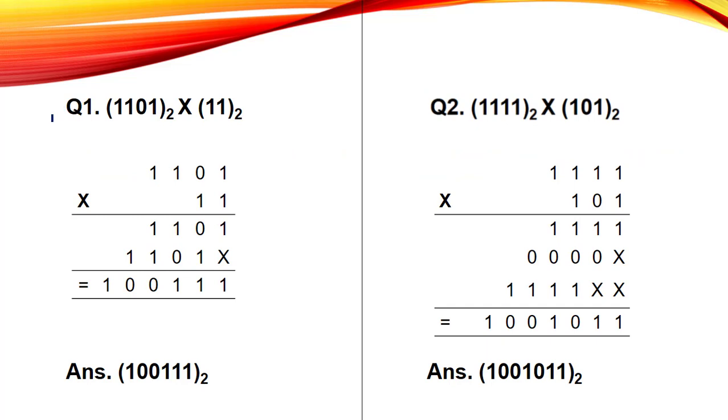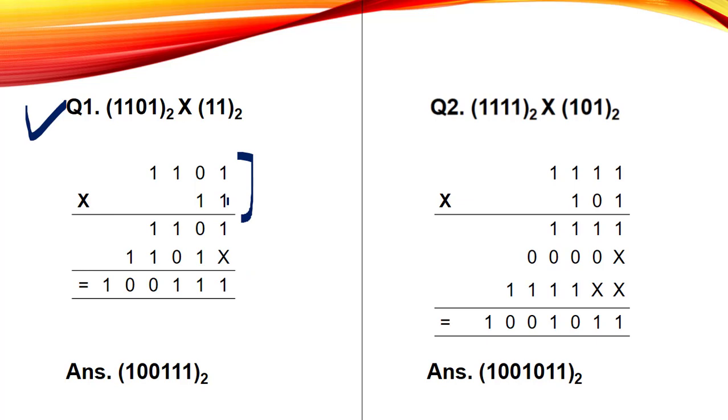Here we have to discuss 2 questions. We are starting with the first one. Question number 1 is 1101 with a base of 2, and in this we have to multiply it by 11 with a base of 2. Fine. Now, first of all you have to note down the numbers like this. You have to note down 1 1 0 1. Then from the right side you have to write your second number, that is 1 1. Fine. And then over this side you have to put the sign of multiplication. Then you have to underline this, and then you have to do the multiplication as we have done in mathematics.